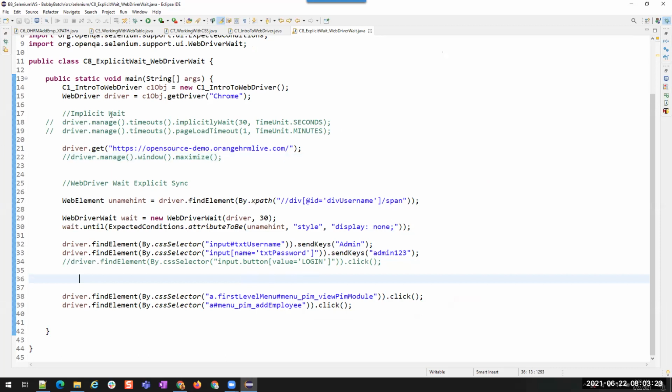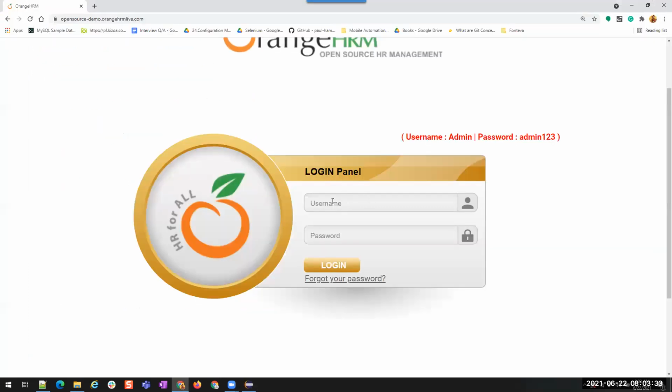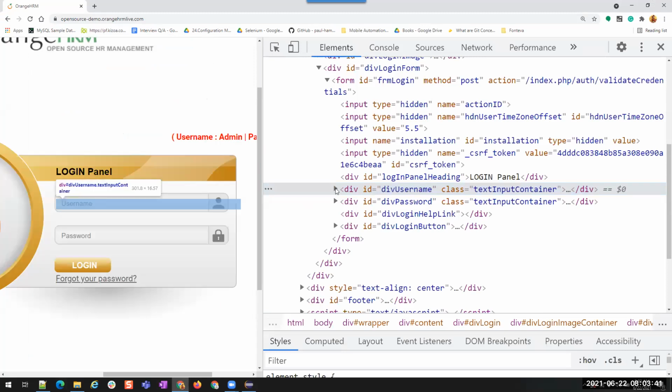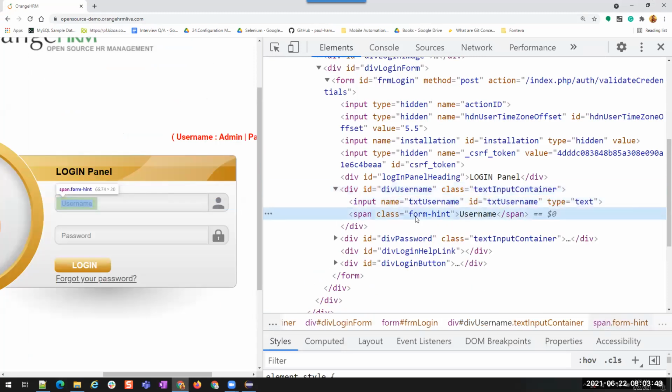Now, we have this element. We don't have to worry, it will throw an exception. We have this element, right? The span text into one here. Yeah. This will be default present, so it will not throw any exception. That element not found exception is not thrown by default because it will always be present.